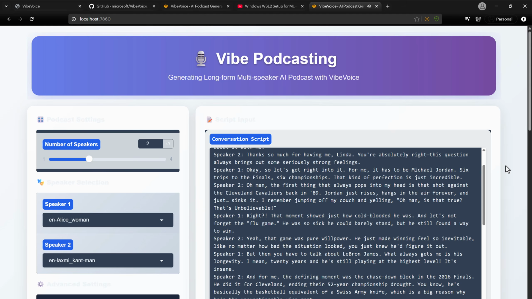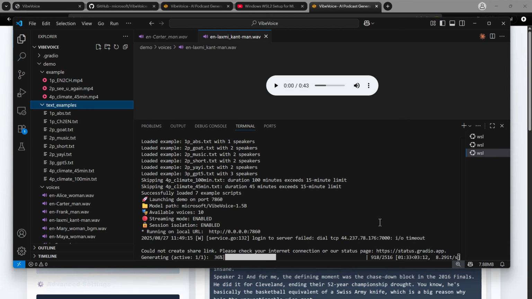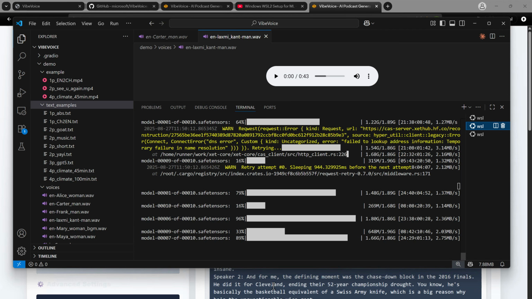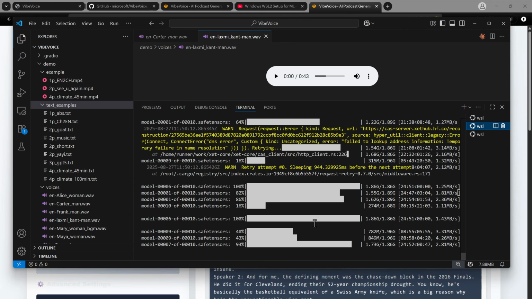So overall, in the process I have shown you, it seems like my other model, the 7 billion parameter model, is still downloading. I hope I could have shown you this one. But anyway, once it is downloaded, you run this and then you can simply work with the 7 billion parameter model. The accuracy of the 7 billion parameter model is a lot better than the 1.5 billion parameter model.